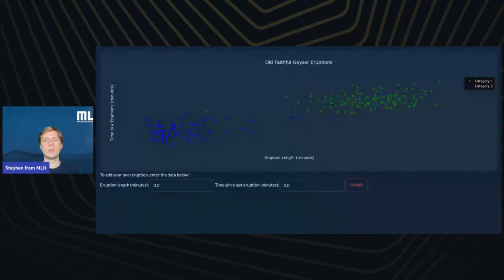All right, so you can probably see that live now. And the range goes from about 1.6 at the shortest eruption, 1.6 minutes, all the way up to 5.1 at the longest. So that should be the range of your eruption lengths. And then the durations, or the in-betweens, should be between 43 minutes and 96 minutes.